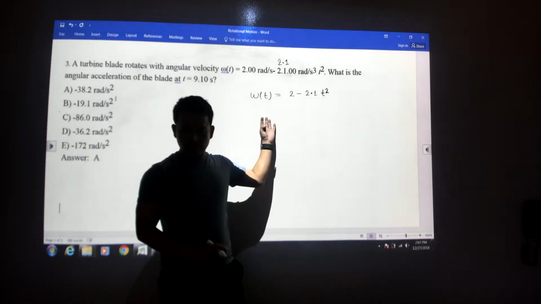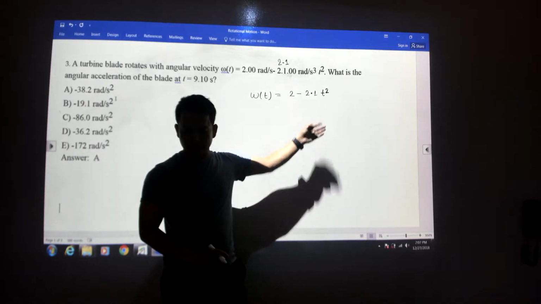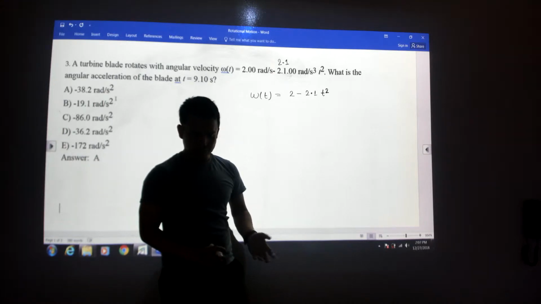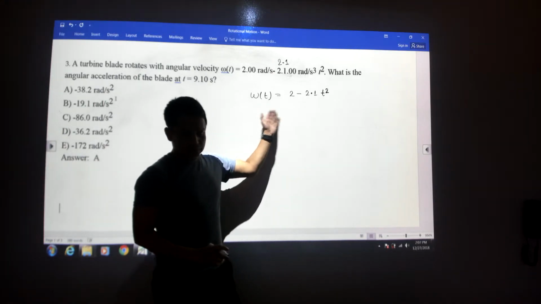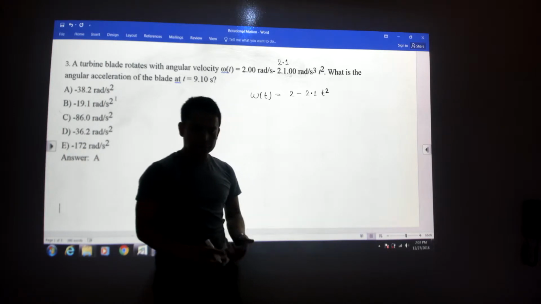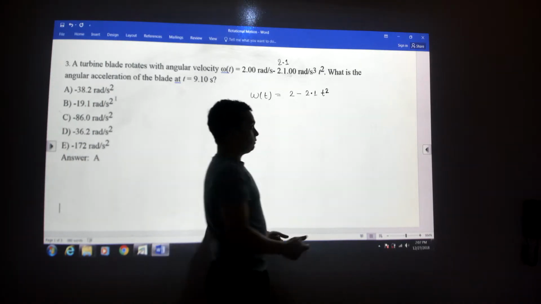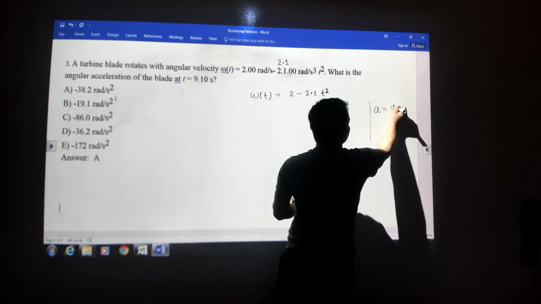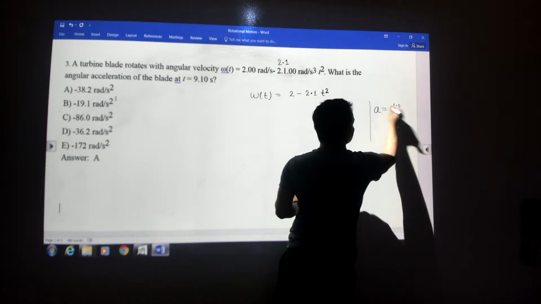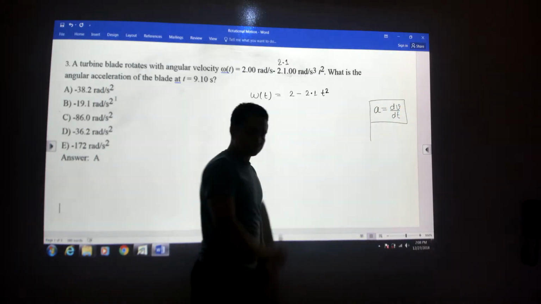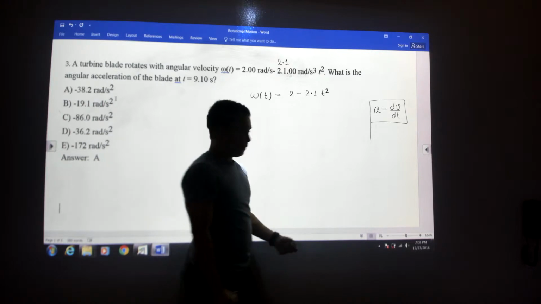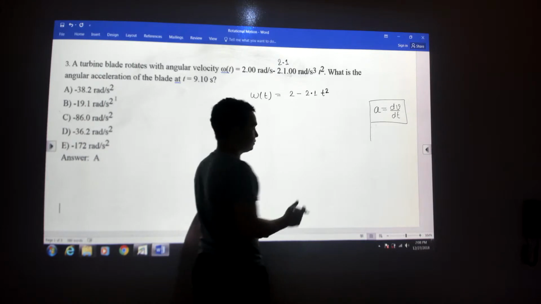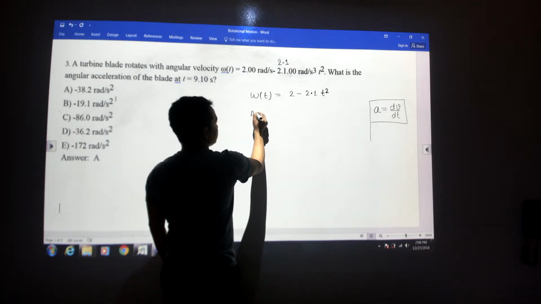Okay, the angular velocity is given as a function of time, and you need to find the angular acceleration. So this is like a velocity given, and you need to find the acceleration. If you remember, in linear motion, the acceleration is the change of velocity with respect to the change in time. The same way, this is the linear acceleration in linear motion. The angular acceleration